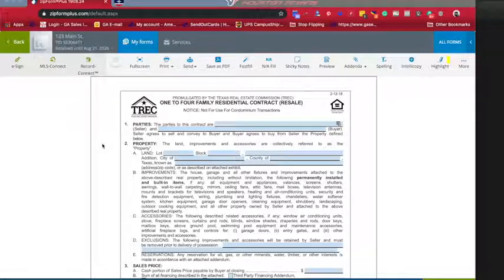Now, guys, it's very important to notice, if you see right here, this is a 1 to 4 family residential contract. This is not for anything larger than that. This is 1 to 4 families. This is not for raw land. This is not for ranches. This is typically what we're going to be doing. And if you notice here, it says not for condominium transactions. This update is pretty recent. These may change a little bit, but the fundamentals are definitely going to be here, and that's what we're going